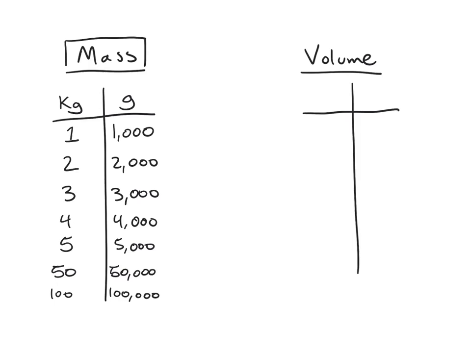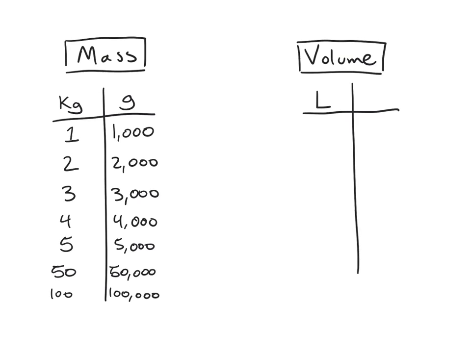Now for volume, we have a little bit different measurements that we're going to be using, but we have a very similar relationship between the measurements. Now volume is the amount of space that something takes up. So you can think of like the amount of space that a water bottle fills up or that a plastic container fills up. You can usually find volume measurements on like soda cans or soda bottles or any drink bottle in particular. But for volume, we're going to be looking at the units of liters, which I'll abbreviate with L here,